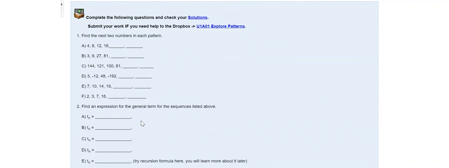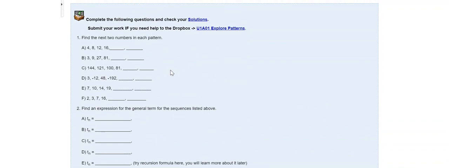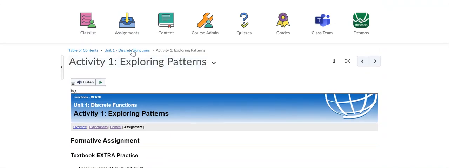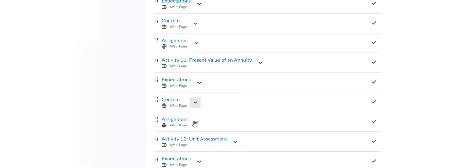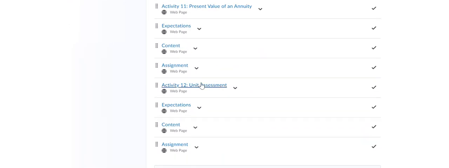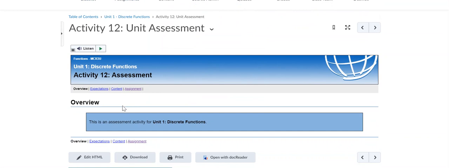If you have any questions with these, you're more than welcome to ask me over Teams or through an email, or check out the solutions as well. So this is what happens through Unit 1 for each activity. Once you're done the activities and you're on the final activity, which is the assessment activity,